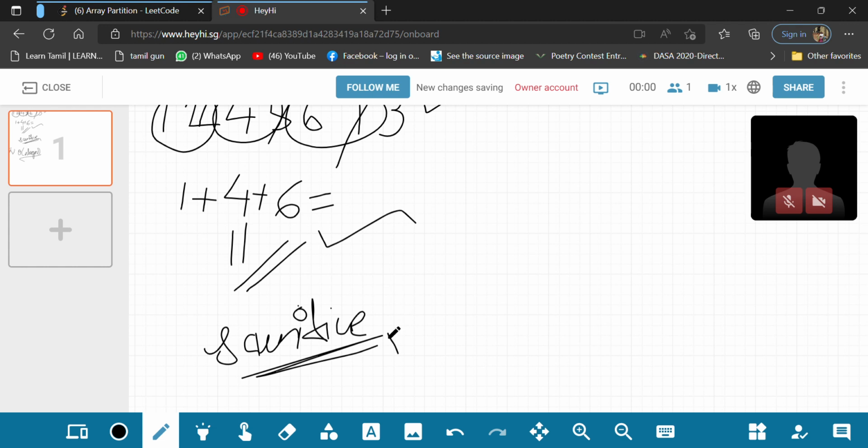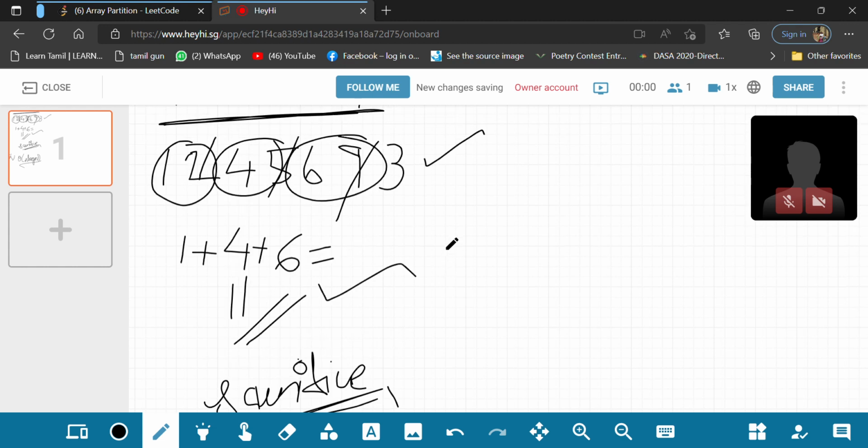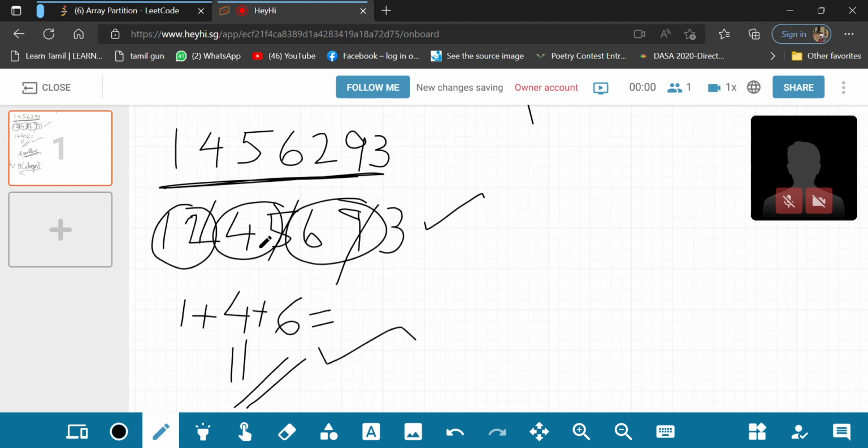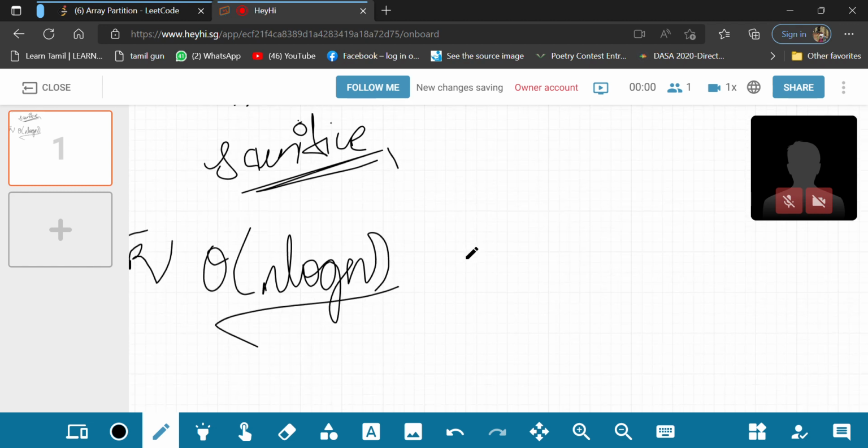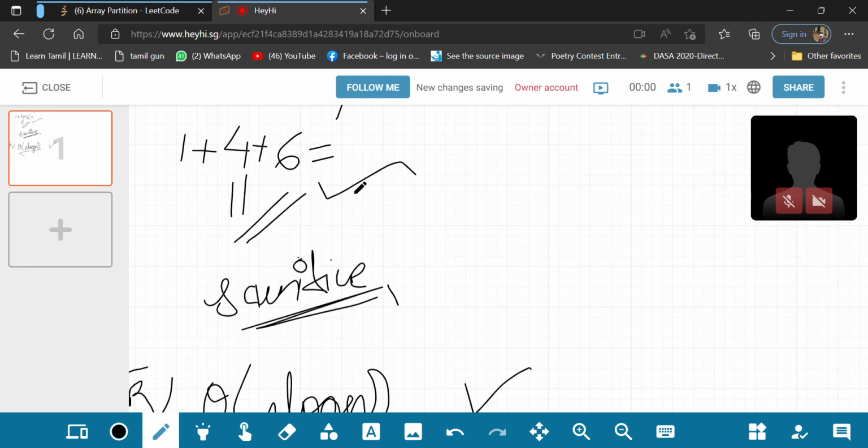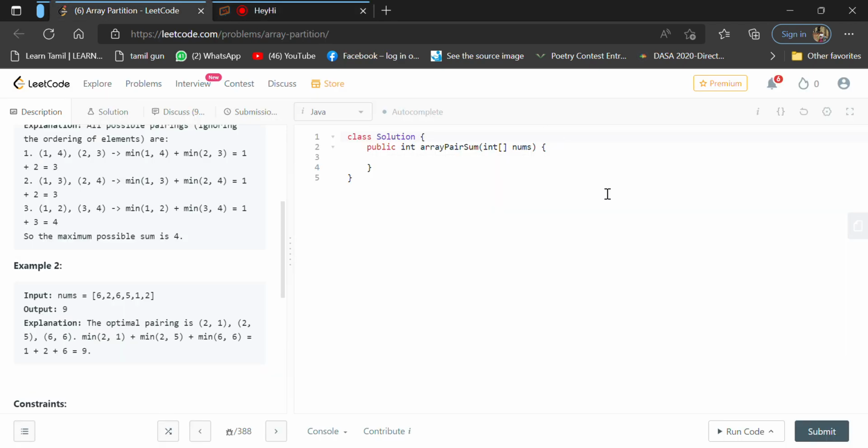So what we're doing here is we are sacrificing 2 for 1, and we are sacrificing 5 for 4 and 9 for 6. So we'll just sacrifice the larger numbers, and then we're just going to take the smaller numbers, and the complexity for this will be O(n log n), because we're going to use Arrays.sort. So going back to our code, we can just write